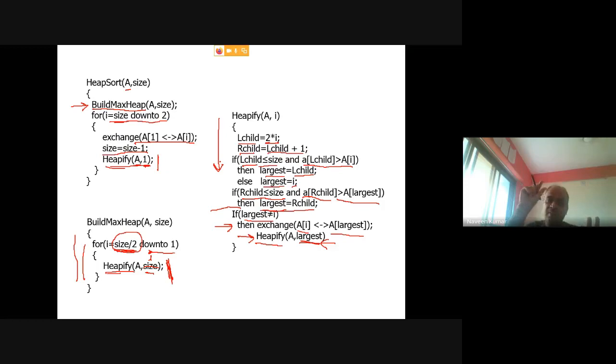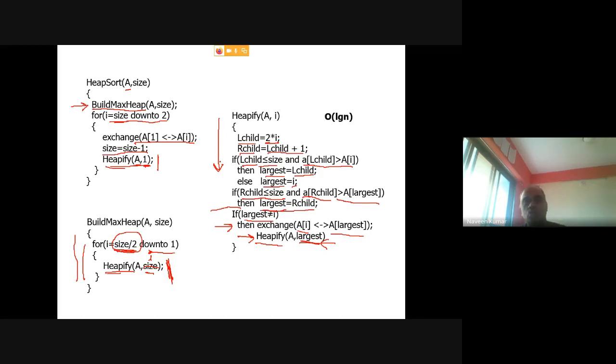So you need to fix that root element at its correct place, doing it recursively. Recursively, it will go downwards and fix that root element at its correct place. I hope this algorithm is clear. If it is not, you can ask me later.